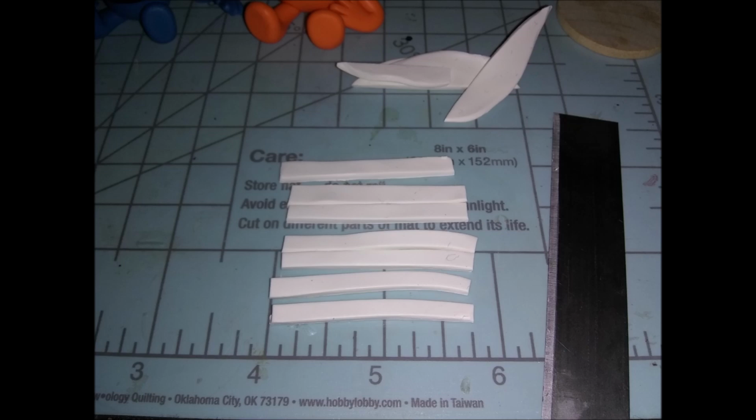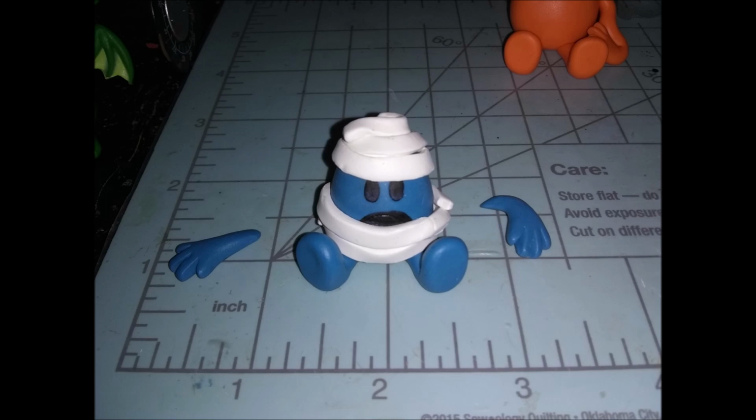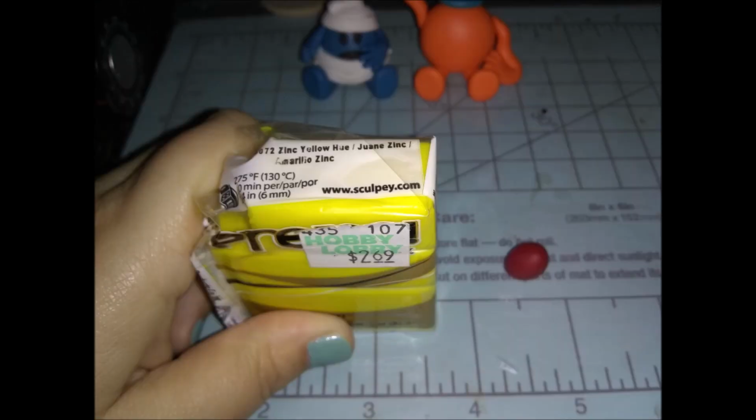Next, I rolled it out as thin as I could possibly get it, and then cut all the excess off and cut them into a bunch of little rectangles. Then I stuck 3 rectangles on the top and 3 on the bottom, just kind of randomly connecting them and wrapping them around. Now we're done with Mr. Bump,